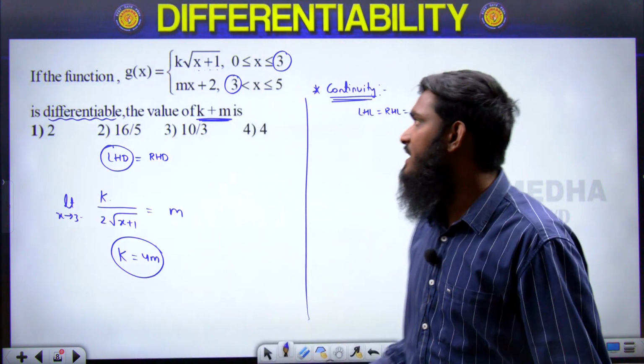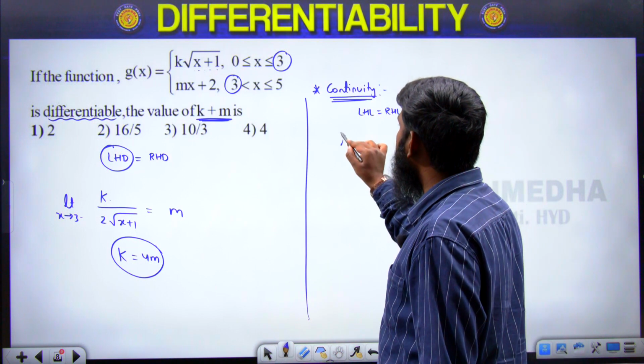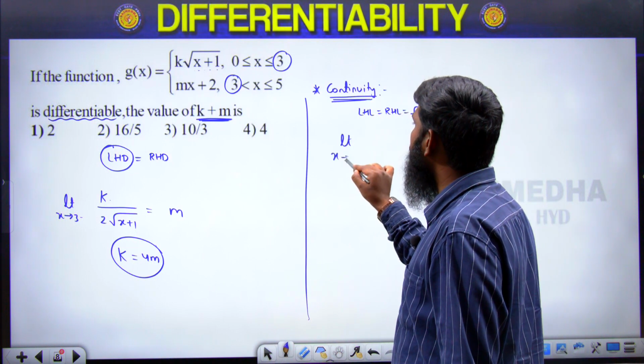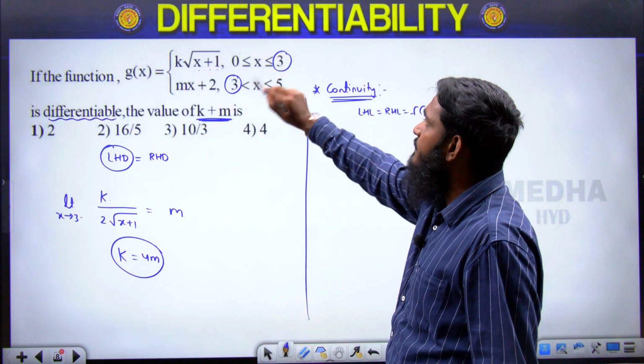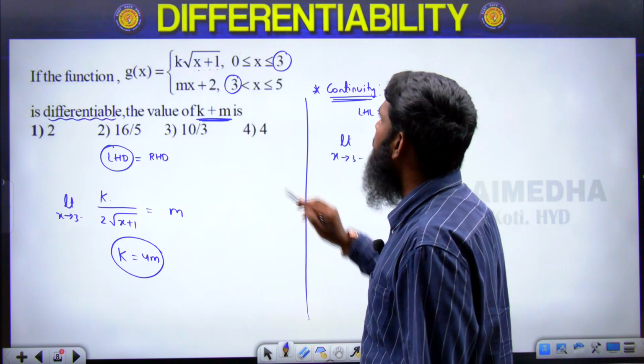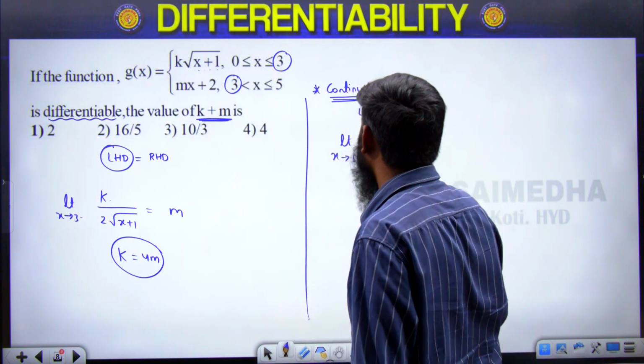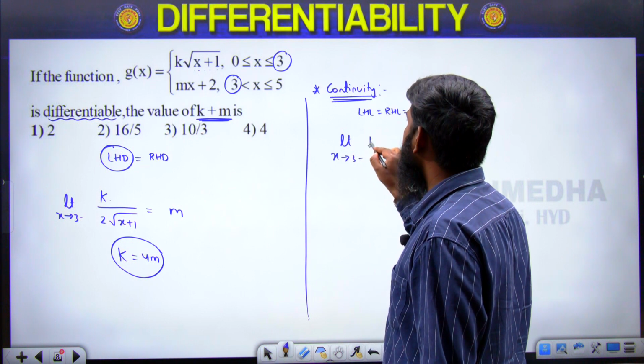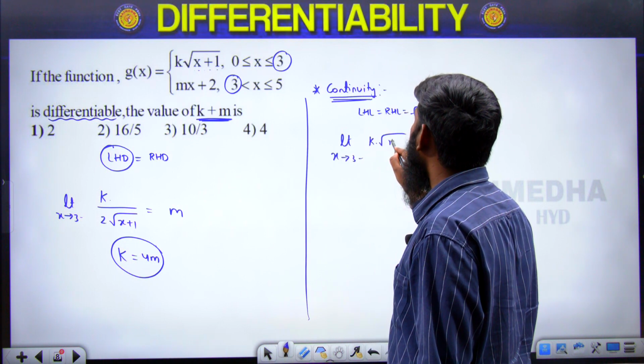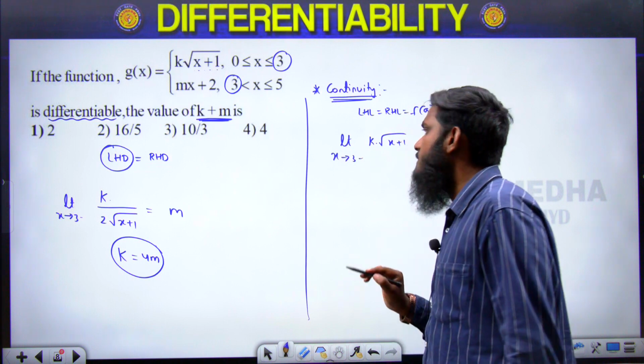Now what is LHL we are having over here? LHL means limit x tends to 3 minus. 3 minus means we have to take this part: k into under root x plus 1, which is equal to